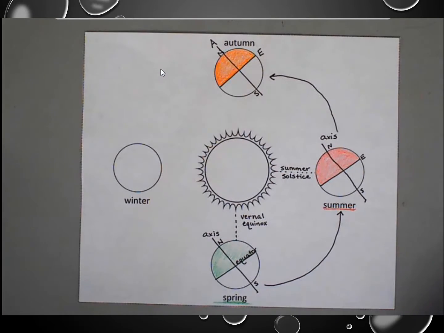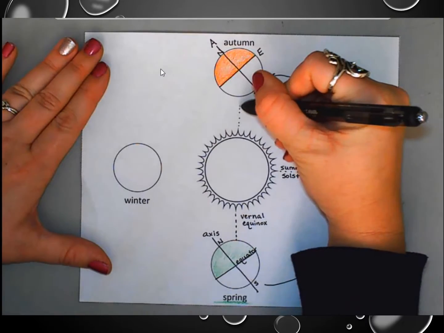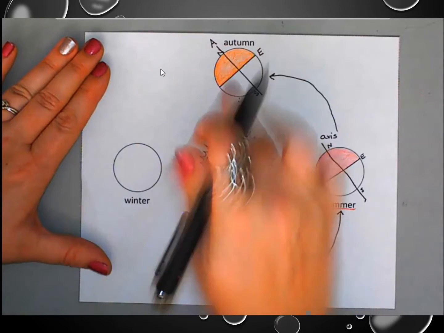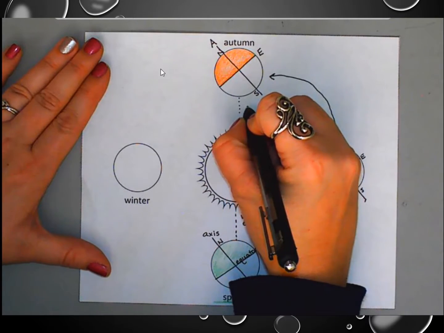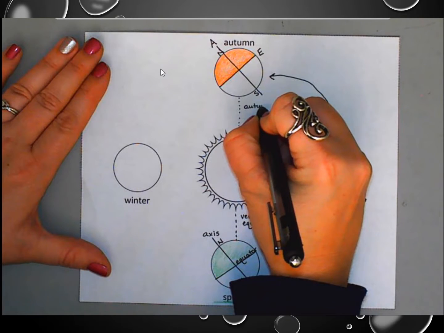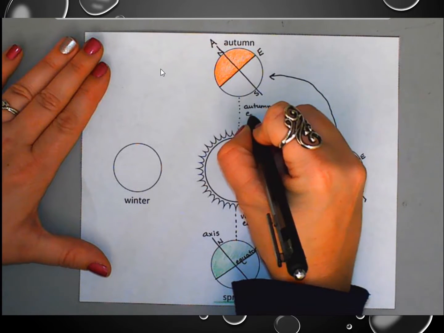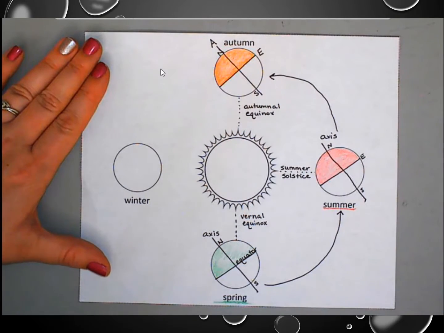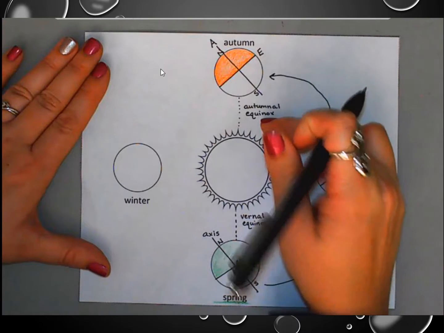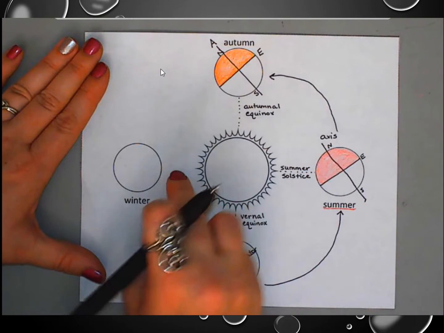And then a dotted line, again, right when it lines up perfectly at these quarter marks, which when we're all done, you'll see the quarters that it breaks it into. This is called the autumnal equinox. Okay, so this is the equinox and this is the equinox. This is the solstice, and when you get over here,